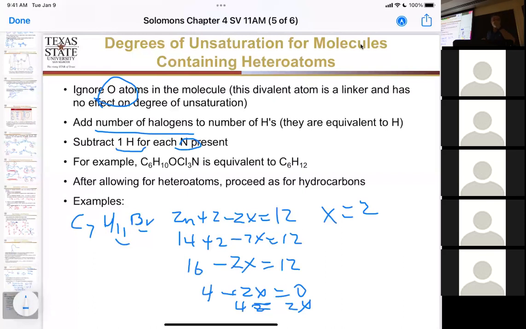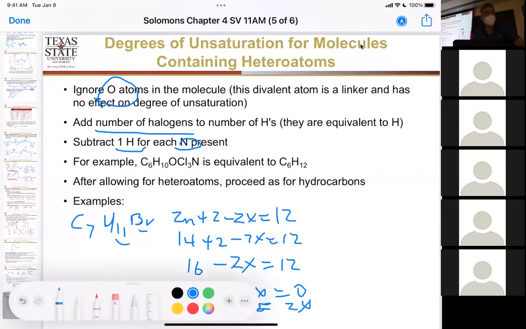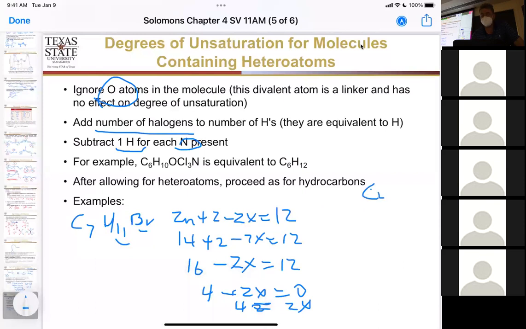Okay. So it's a little different with the nitrogen. We have to subtract. So with the halogens, we added it to there. With the nitrogens, we subtract. So let me go ahead and do one with that. And we have, let's see,